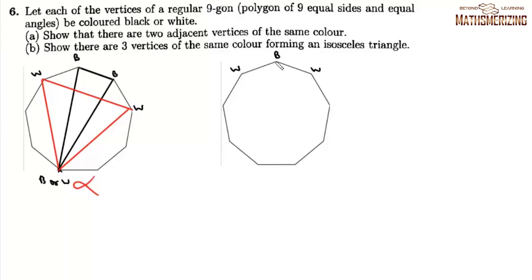When we have white, black and white. Now, if it is white, black and white, these two cannot be white, because if it is white, then we'll have an isosceles triangle. So this one should be black, and here also it should be black, because if it is white, then we'll have isosceles triangles. But if we choose them as black, then we have this triangle which is isosceles. So here also we have an isosceles triangle. So in any case, we'll always get an isosceles triangle. So from contradiction, we can say that there are three vertices of the same color forming an isosceles triangle.